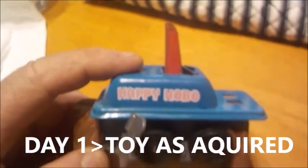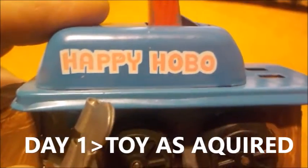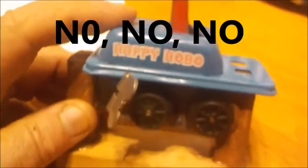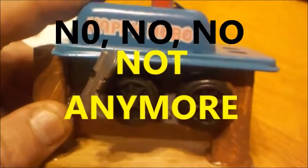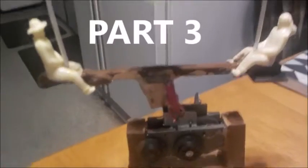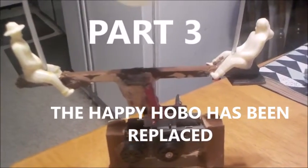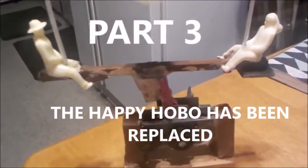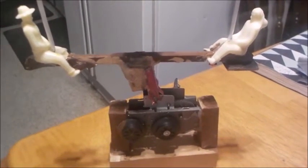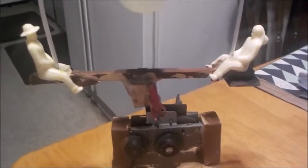Alright fellas, as you've seen in the photo in the opening of the video, what we have here is a late 1950s, early 60s toy. It's a wind-up railroad hand car. Okay fellas, so we're ready to put the rest of the pieces together here and make this into a halfway